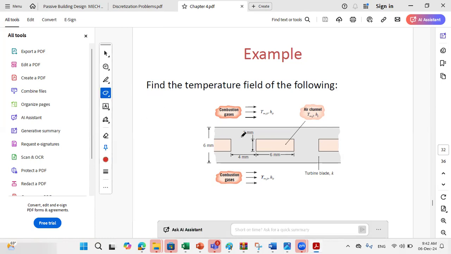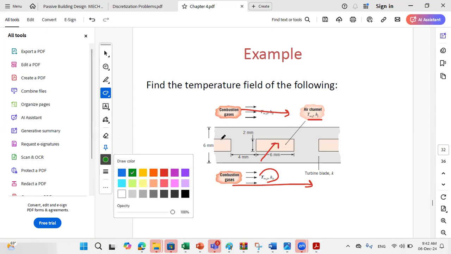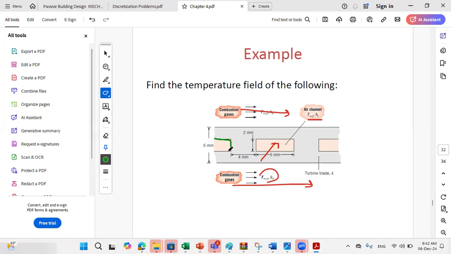You have the following solid channel, and from the outer side you have combustion gases at a certain temperature T infinity out with a convective coefficient h out. And also you have a flow from the inner side. You have an air channel at T infinity in and h in. And you want to solve for the temperature variation within the solid material. So this is our domain. So this is the solid, limited